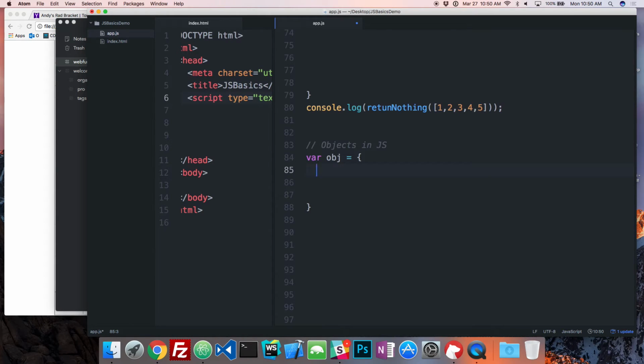So here I can say object, name. That will be a property. You use a colon to state what you're going to assign to that property. And here I'm just going to say Andy. And if I want to give it another property, I use the comma.